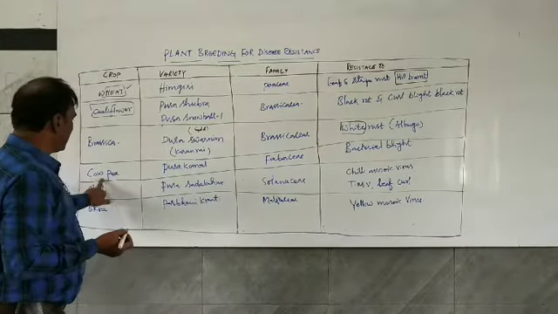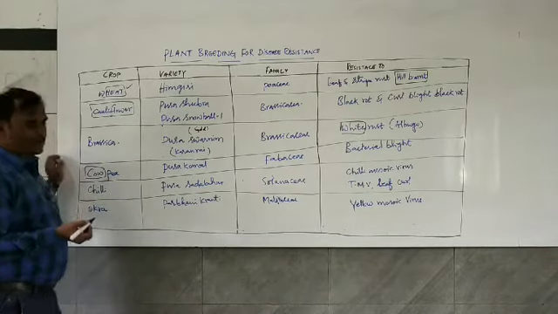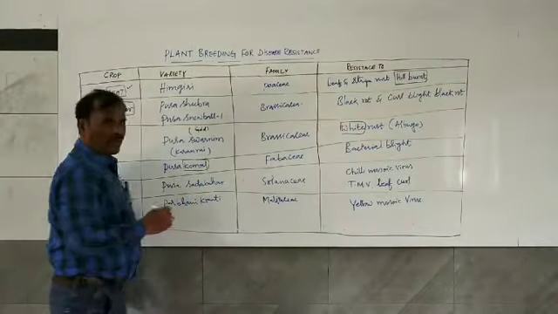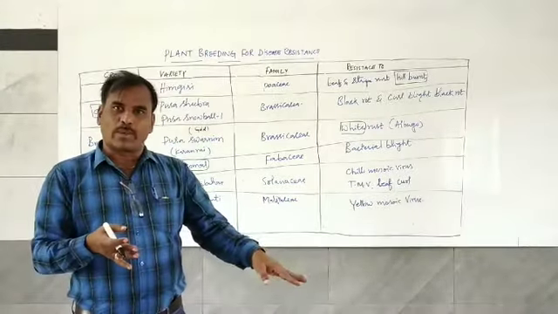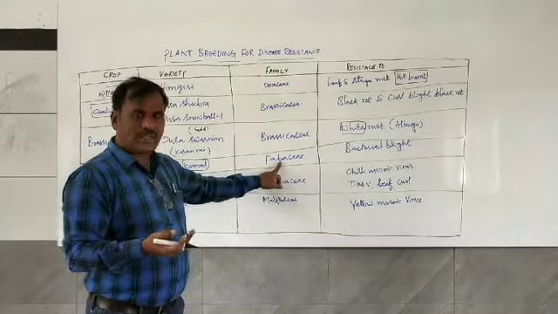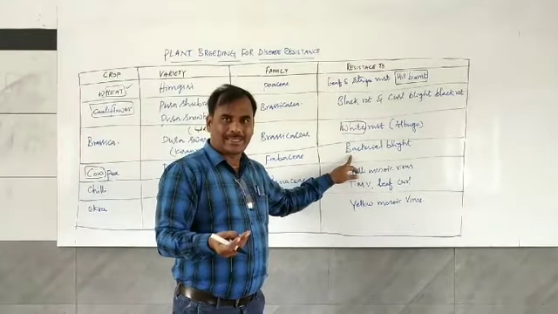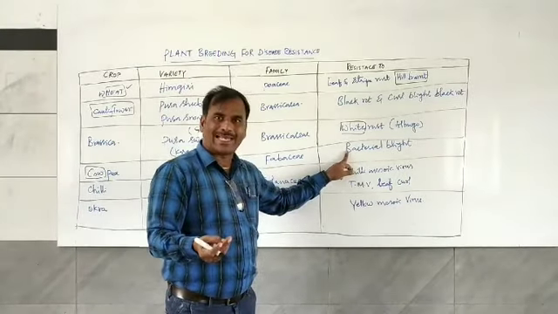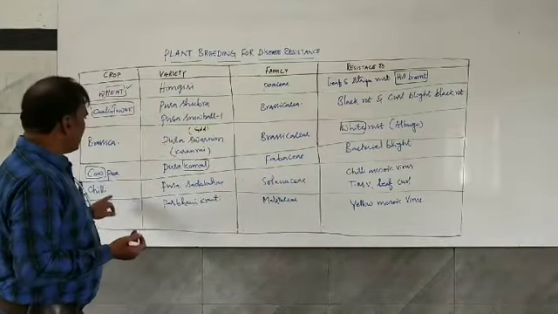And next, cowpea. Cow means that animal. So for this cow, Pusa Komal, like Komal dairy. It is a dairy, one of the dairies in Karnataka. So cow, Pusa Komal. It belongs to Fabaceae. Cow milk is white in color. So bacterial blight. In such a way we have to remember the cow.